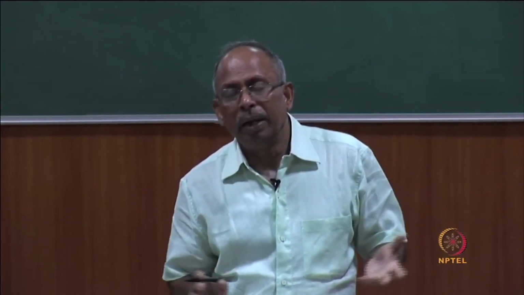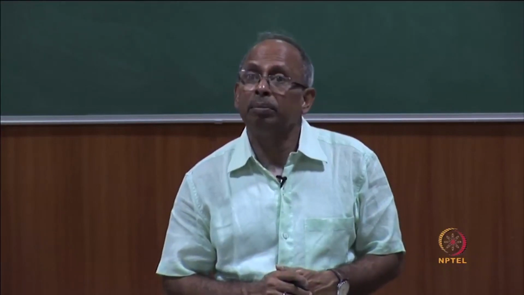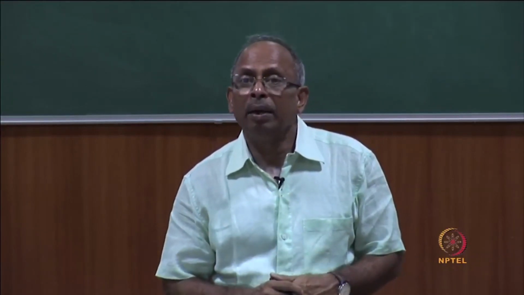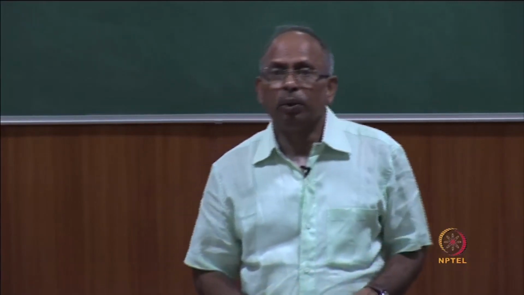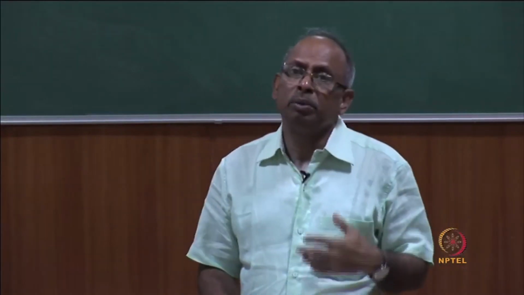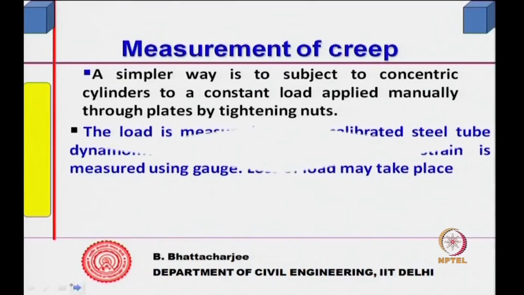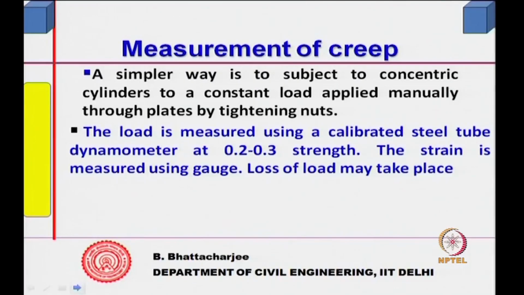So, it is relatively large, but as I said earlier, this is possibly the only type of code or guidelines available. So, the best way is to do that, but a simpler way is to subject the concentric cylinder to a constant load applied manually through plates by tightening nuts, as we shall see. Then the load is measured using a calibrated steel tube dynamometer at 20 to 30% of the strength, and then strain can be measured using gauges like DEMEC